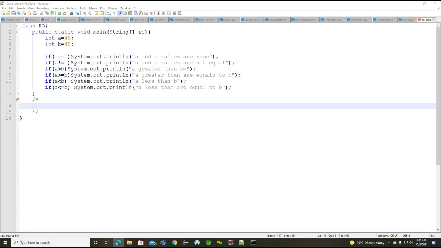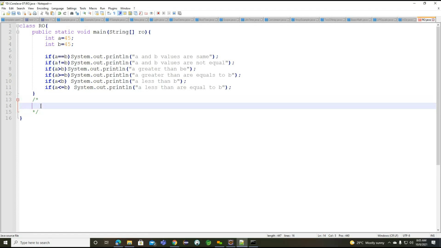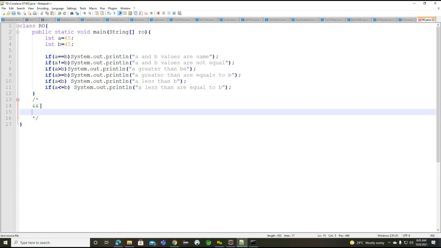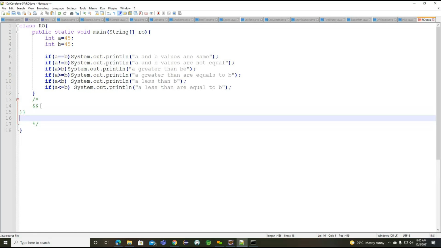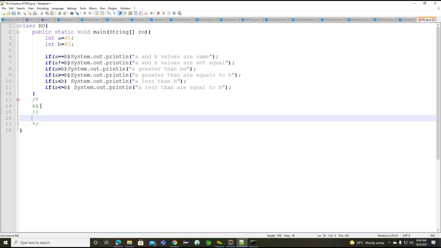Okay, now how can we write the logical operators here? What are the logical operators we are having? What we identified here: AND operator, OR operator, and the ternary operator.